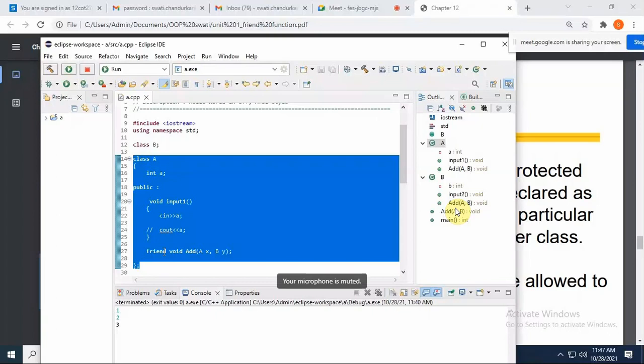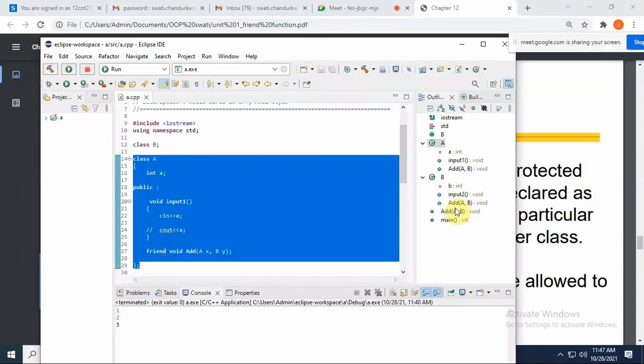Like I said, can a function be a friend? So yes, a function can be a friend, and the friend function can access the private and protected data of a class, of another class, or of the same class. Similarly, when I'm talking about the friend class, it can access the private and protected data or members of other classes.